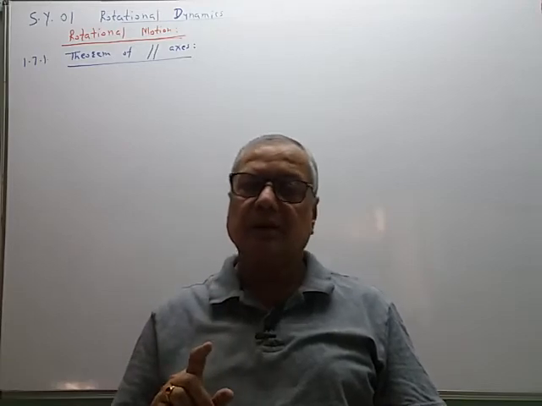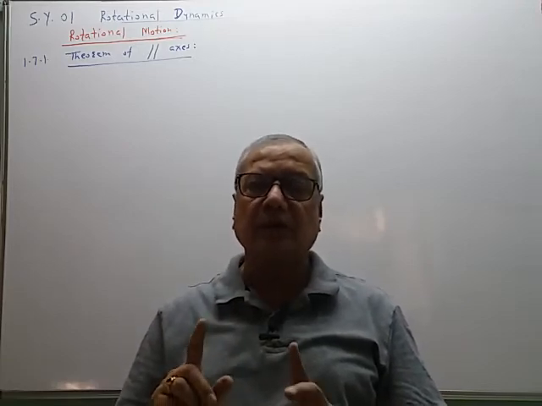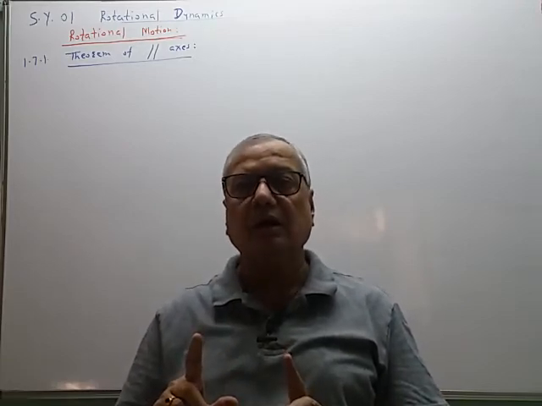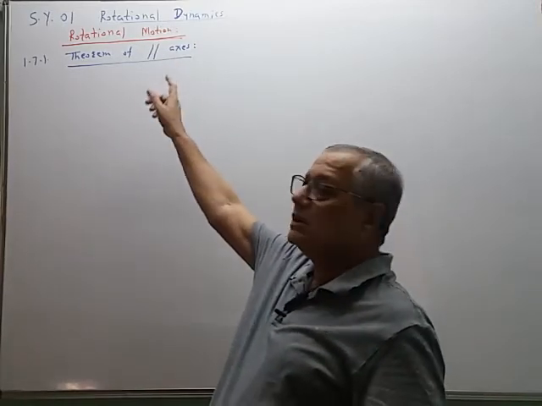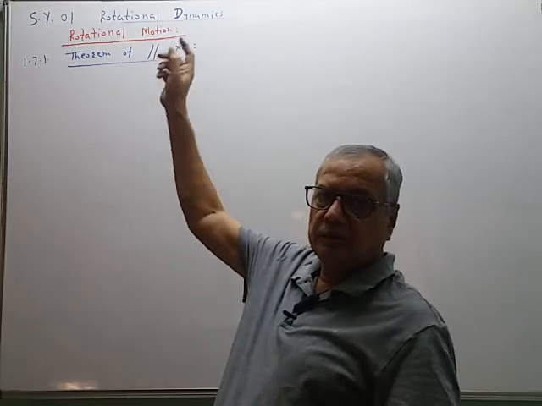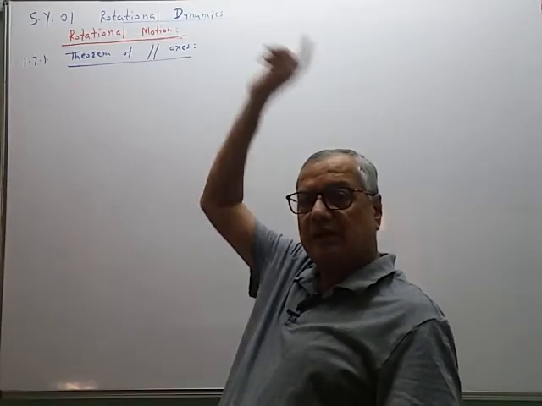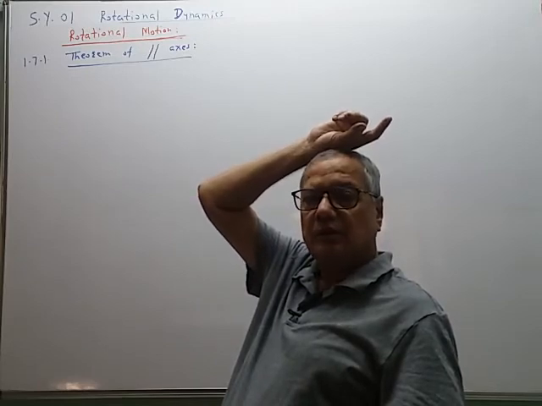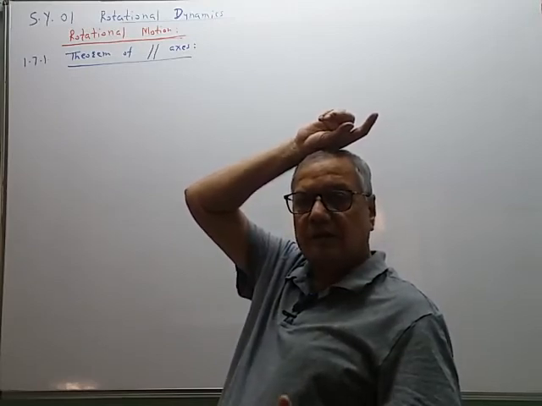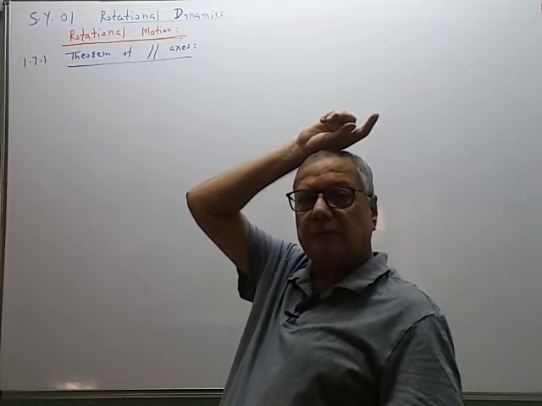In the perpendicular axis theorem, we determine the moment of inertia of a lamina about a perpendicular axis. In this case, we are determining the moment of inertia about a parallel axis. In that case, axes are perpendicular. In this case, axes are parallel. In that case, we are using only a laminar body. The MI is calculated for a thin lamina.